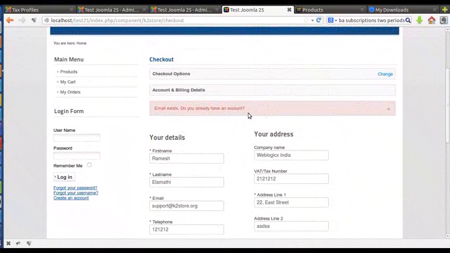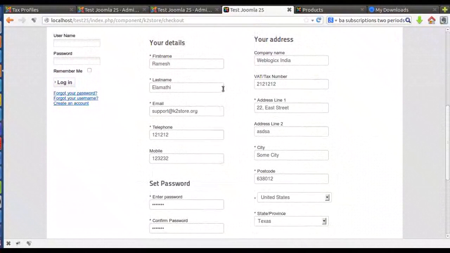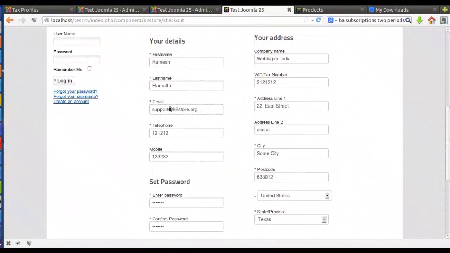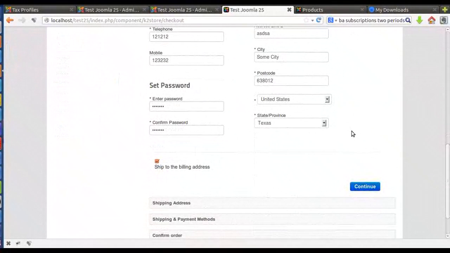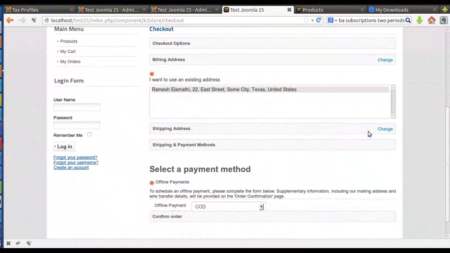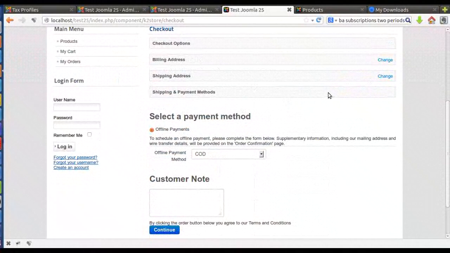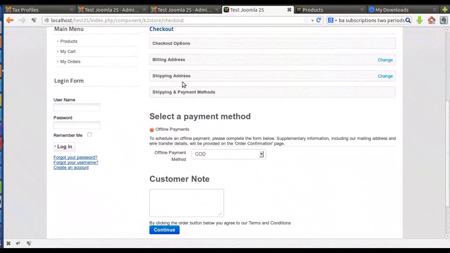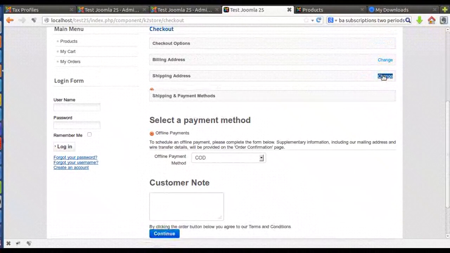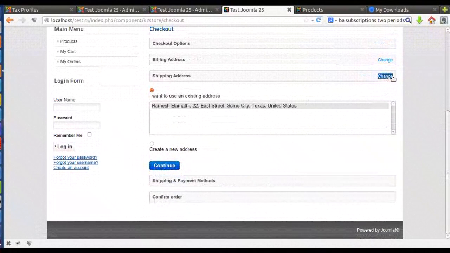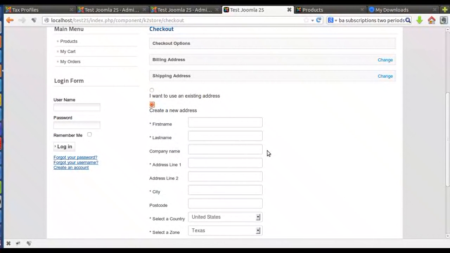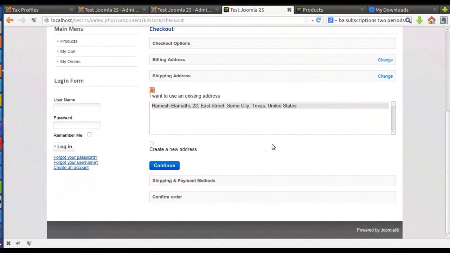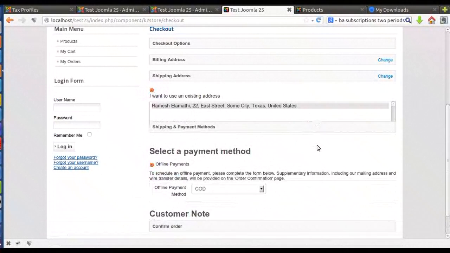Oh, I think the email already exists, so I have to put a different email. Okay, now straight away we are coming to the offline payment. If you want to change the shipping address, you can just click change, and then you can create a new address. Otherwise, you can choose an existing address and then go ahead with continue and